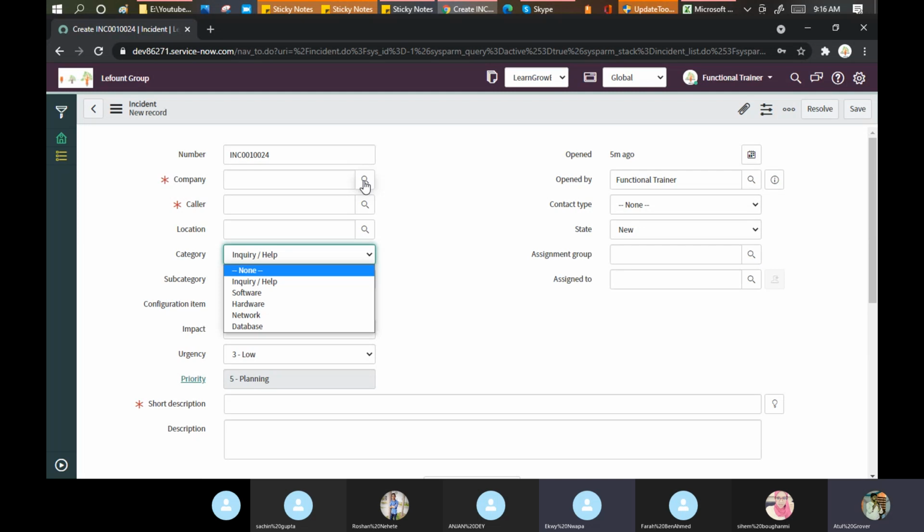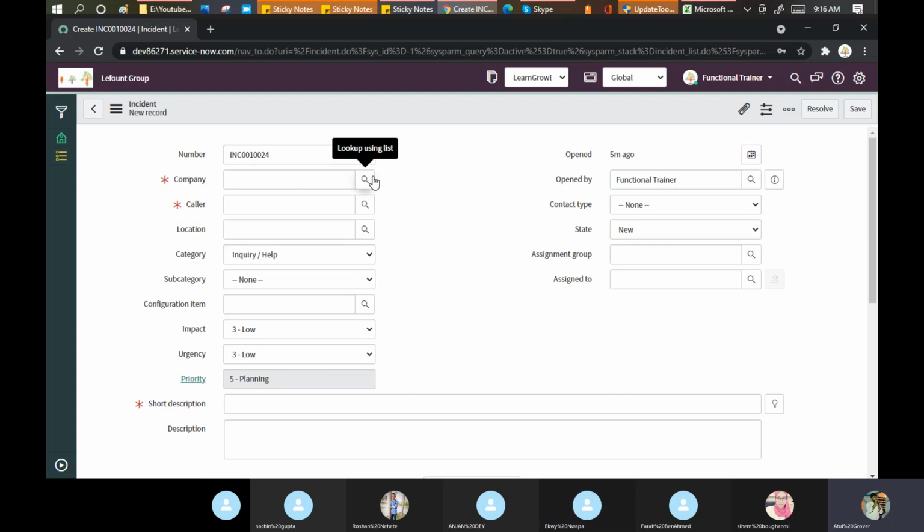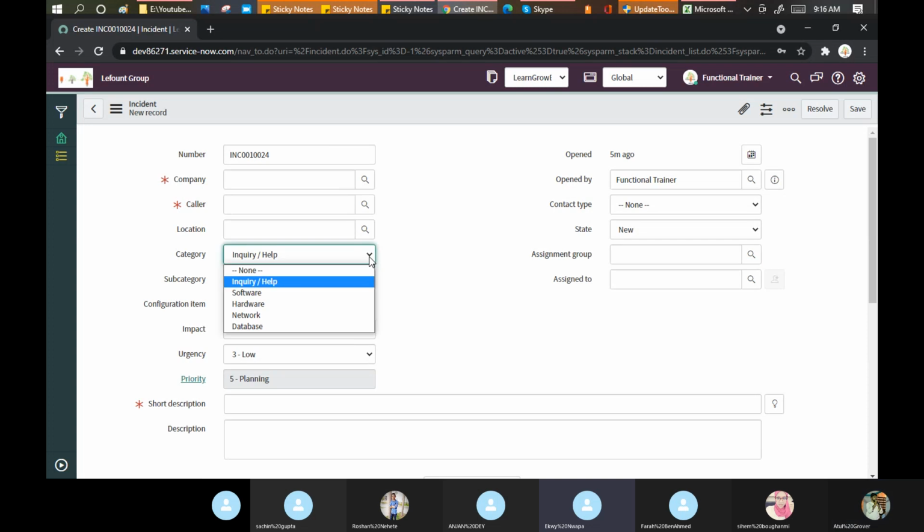Okay. So the question going on here is, what do you mean by this magnifier glass? And why are we using this magnifier glass, not this drop down value? Because there's an extensive list, and you're searching, and you can actually even type. It's a longer list, but this other one is just a limited list, so you can just drop down. Okay, and let me add 50 more values in this drop down. Then I can add 50, 100, 200, 300.